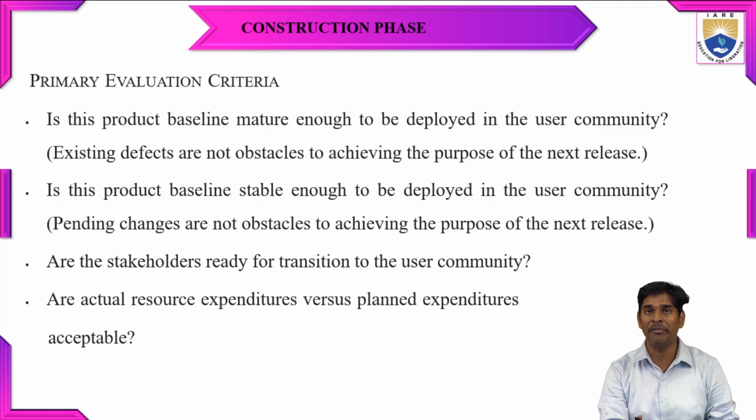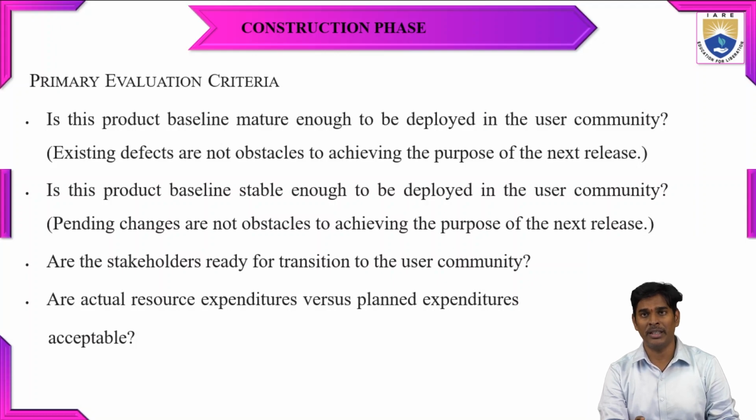So what are the defects that have happened, or the obstacles that have happened? They try to minimize them and provide the availability and the reliability of the software. Next one: is this product baseline stable enough to be deployed in the user community? So they need to check whether there are any pending changes that are not acceptable to achieving the purpose of the next